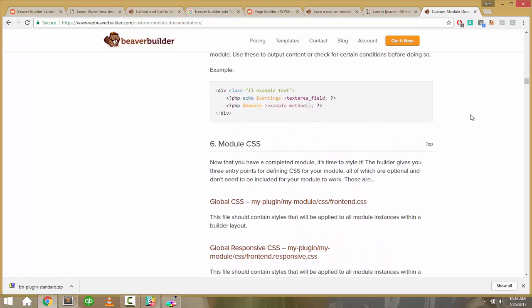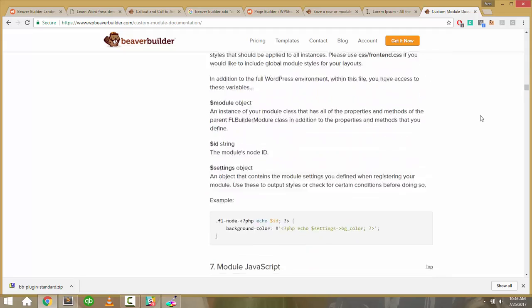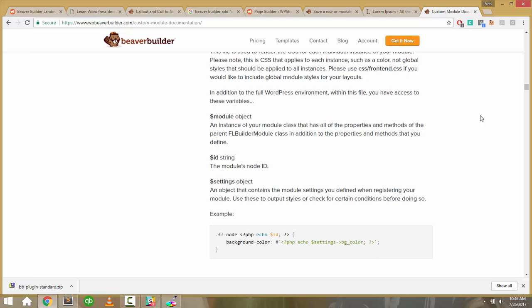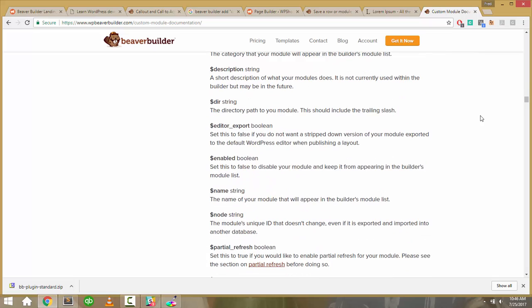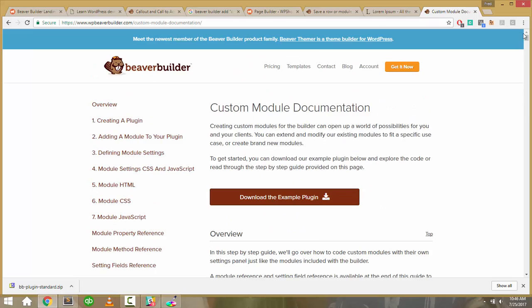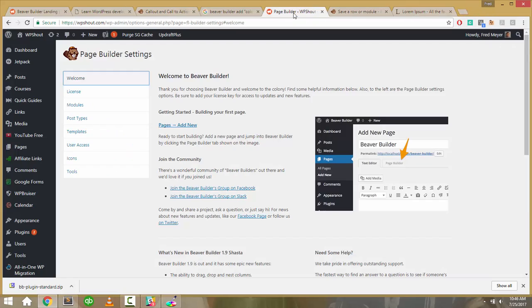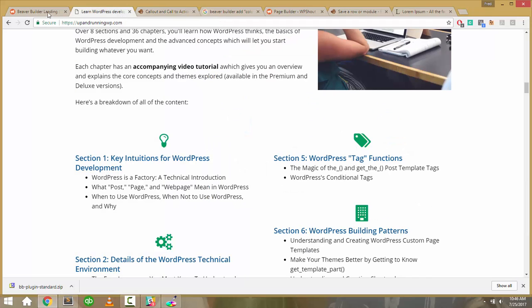Okay, cool. So creating a custom module superficially looks a lot like registering a new kind of widget. So I guess that's how you do it. It's cool that if you know PHP, you can create any modules you want and add them to